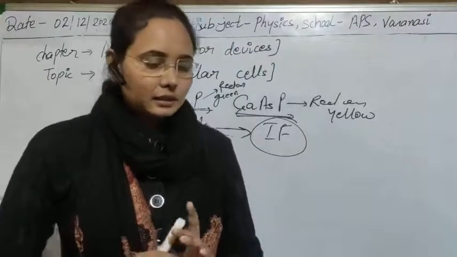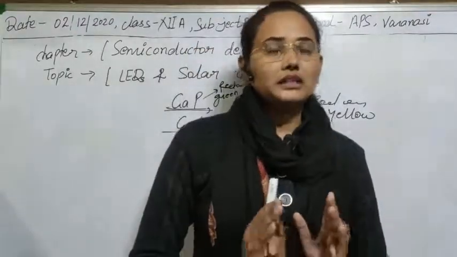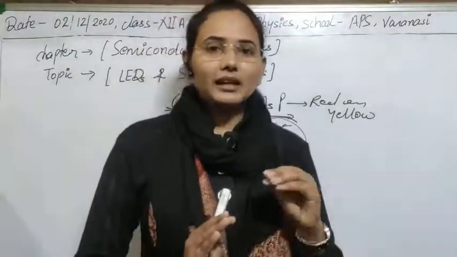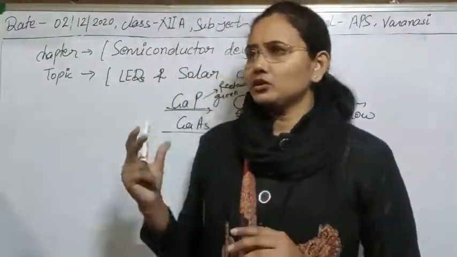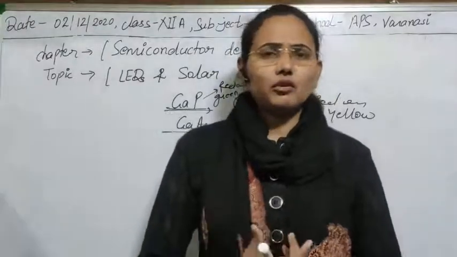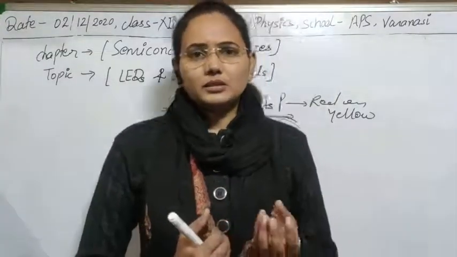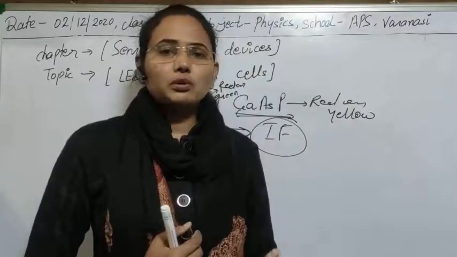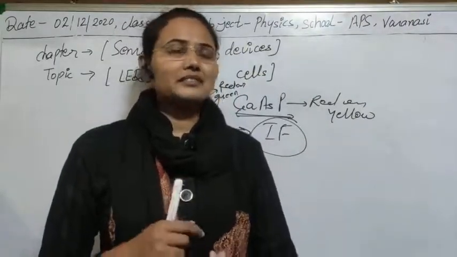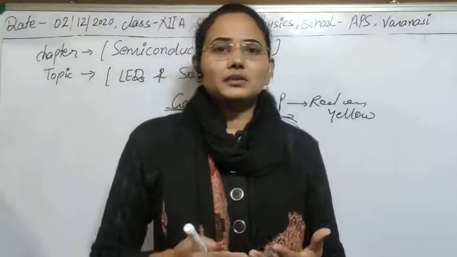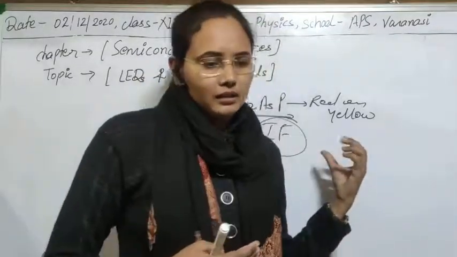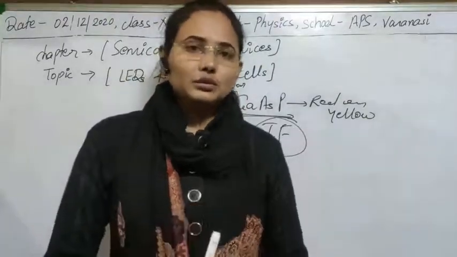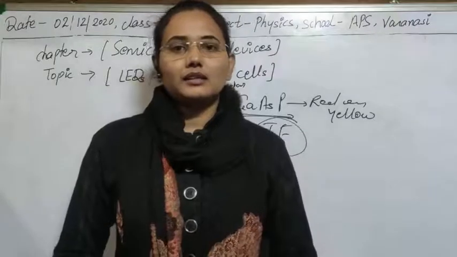is that while fabricating LEDs, the breakdown potential is very low, so that LEDs can work even at low potentials. For most of the LEDs it is like 5 volt, 6 volt, meaning they can just blow at a 5 volt or 6 volt supply. So if the breakdown potential is very low, in that case if we use reverse bias junctions, then LEDs can be destroyed. So we don't have to use LEDs in reverse bias.